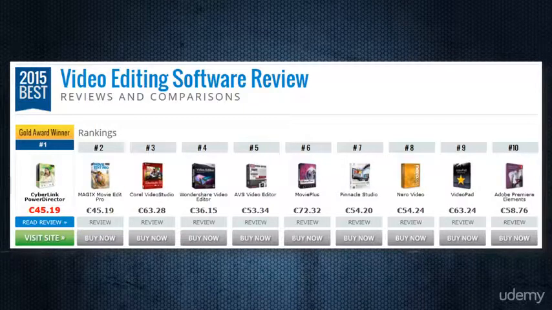Then you need only to edit. In these cases, there are many opportunities for video editing that are not as expensive as Camtasia,